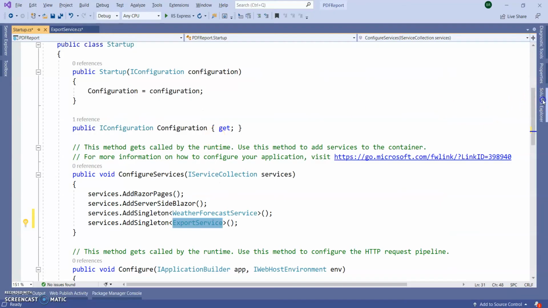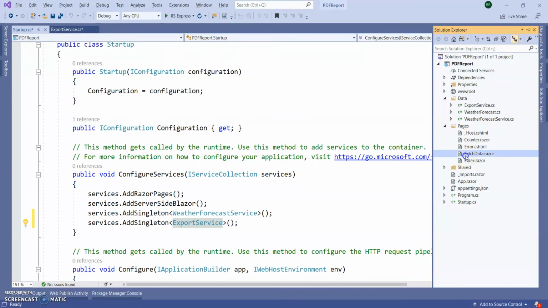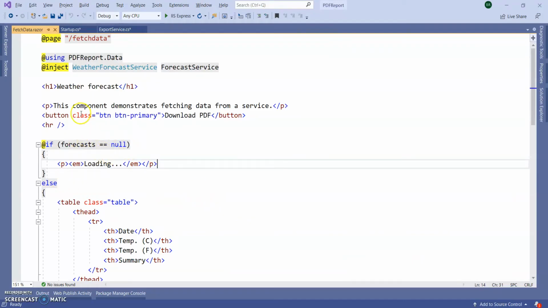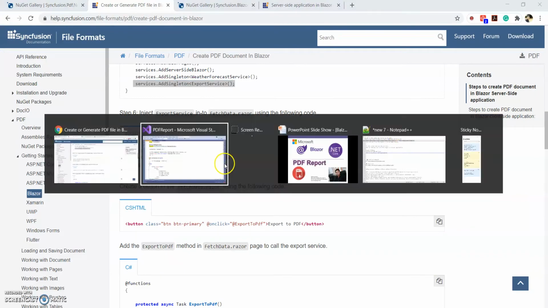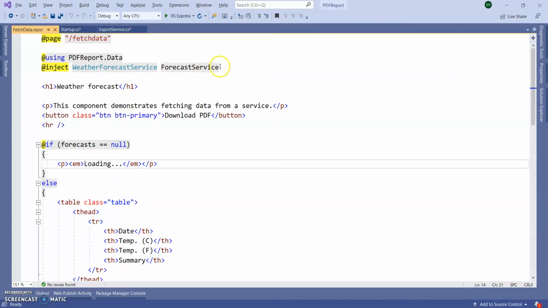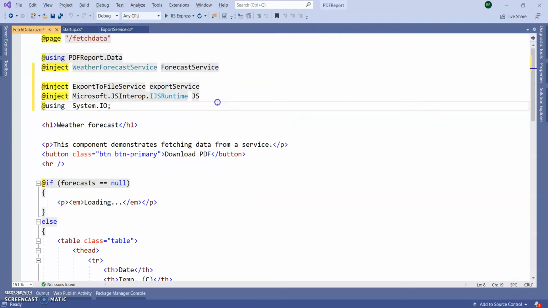Next, go to the fetch data page where I want to download my PDF file. I'm going to inject this service here. This is the export service which I have created.